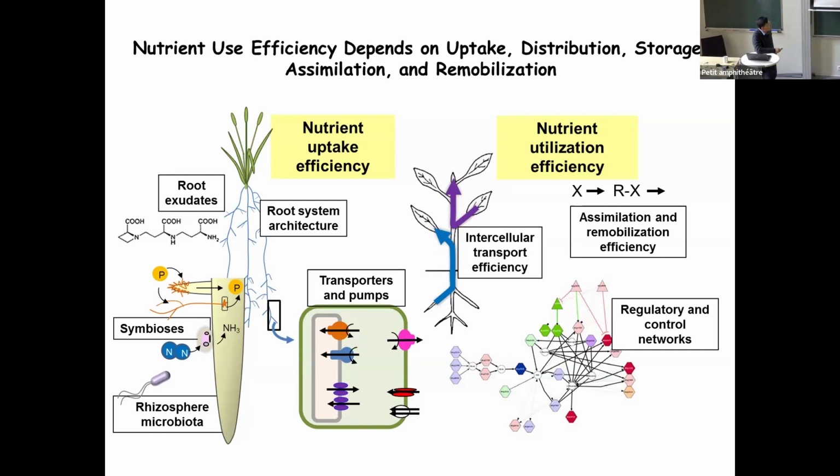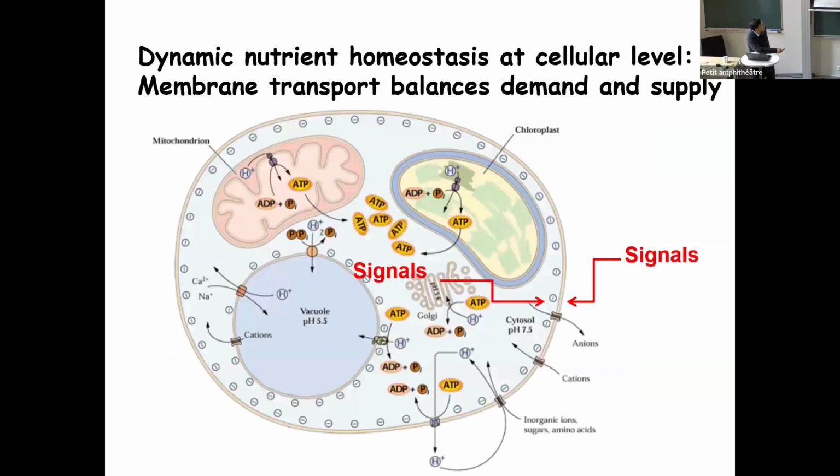So all these processes are limited by membrane transport. There are a lot of transporters that mediate that process at a single cell level. The membrane transport not only controls the in and out of nutrients but also the distribution of nutrients within the cell in different organelles. So ideally, nutrient homeostasis is such that all the organelles in a cell and all the cells in a plant get a perfect balance of nutrients. This is something that each plant is trying to achieve every minute.